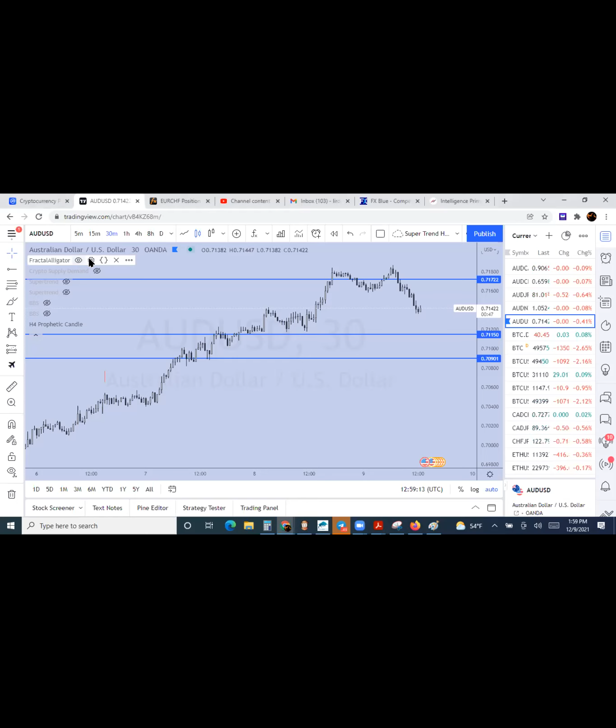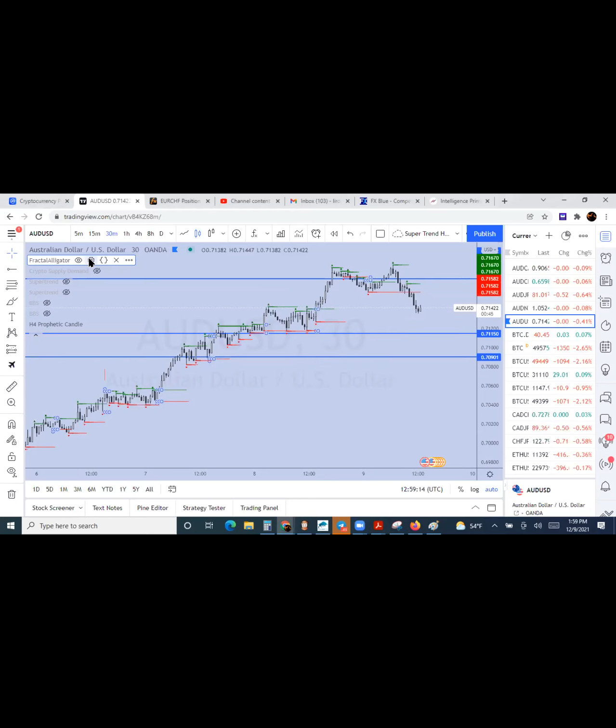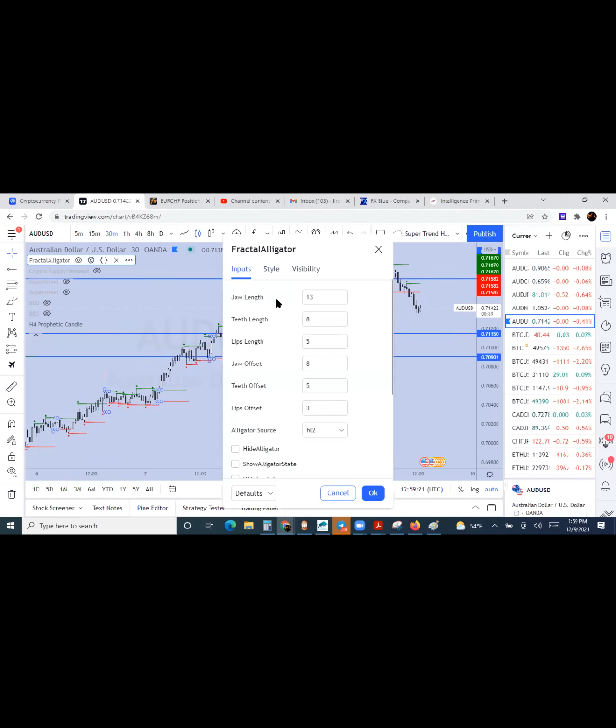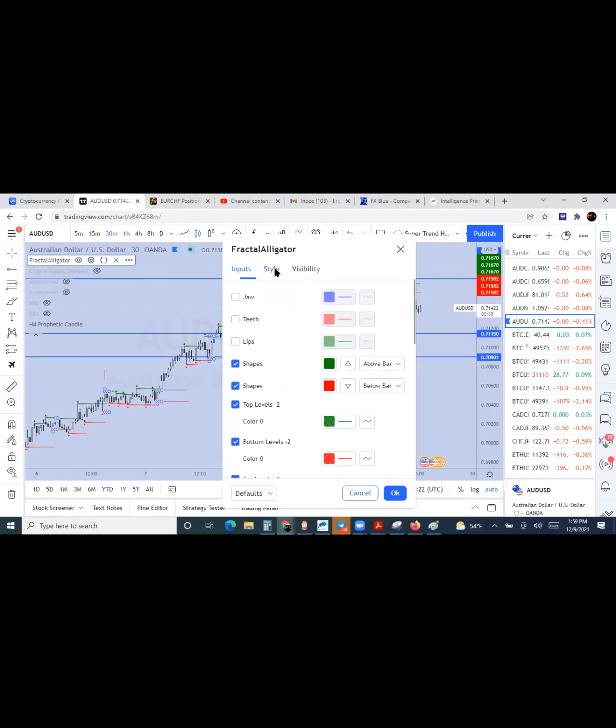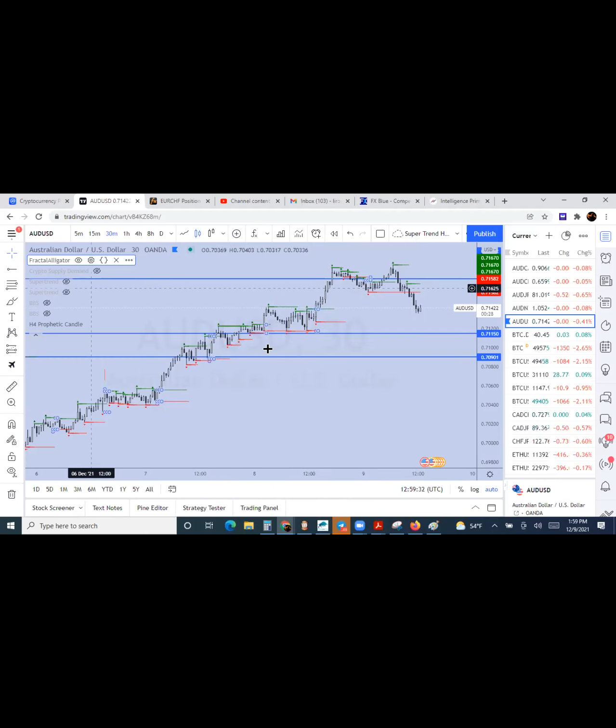When you go to the settings, just take out the head, right? Ensure that you go to the style, uncheck the jaw, the teeth, and the lips. That's why I say take off the head, right? The disadvantage of fractal on TradingView is that you can't tell it, show me the fractal of only H4,